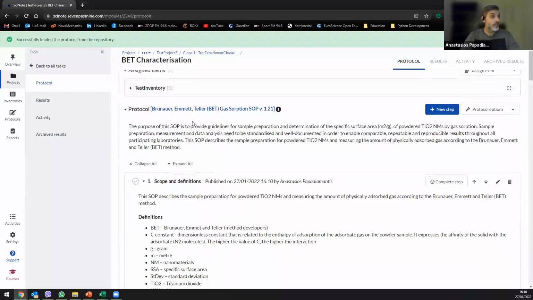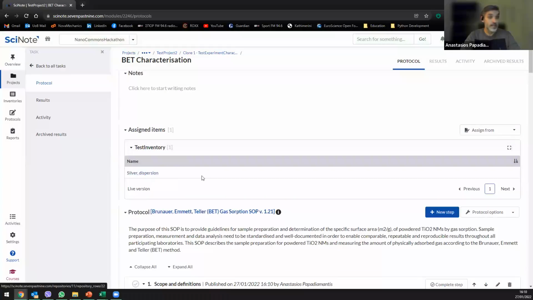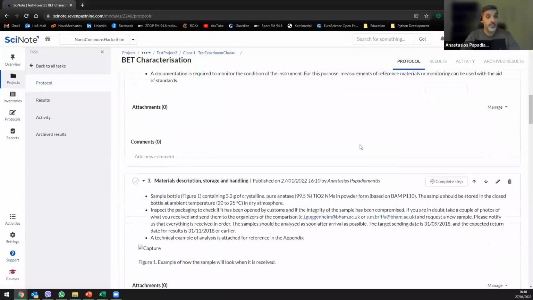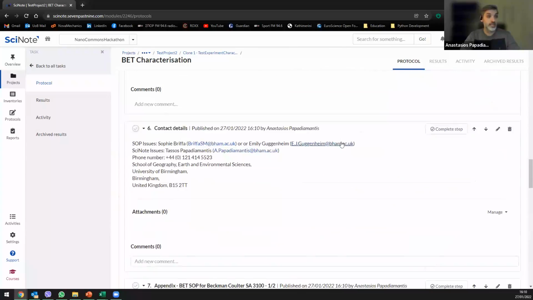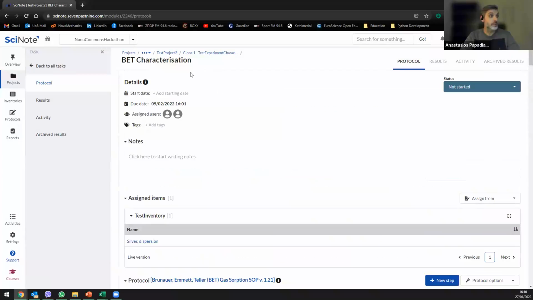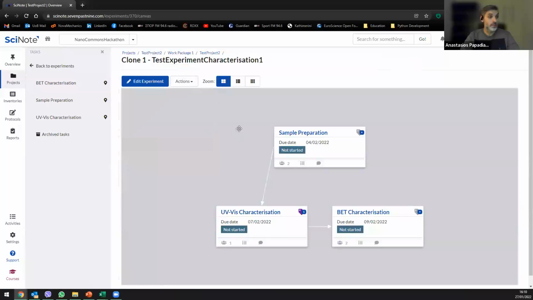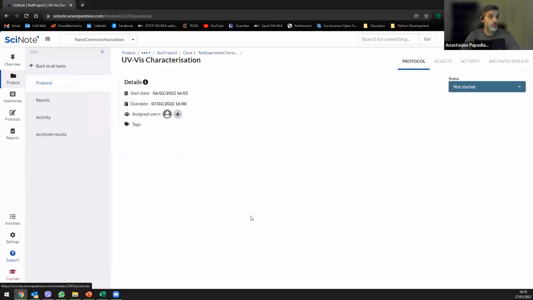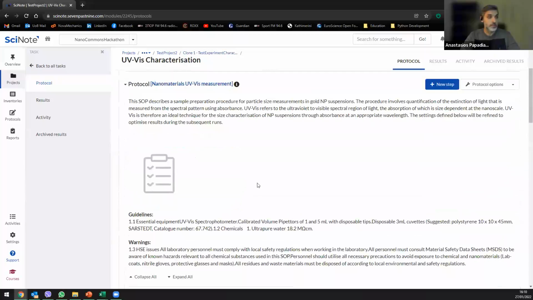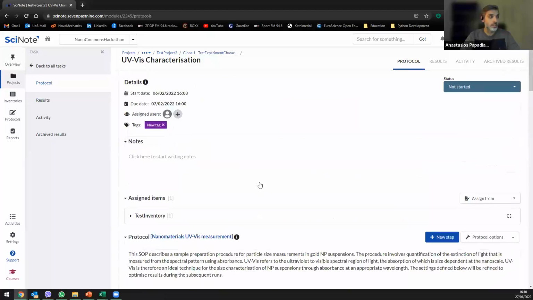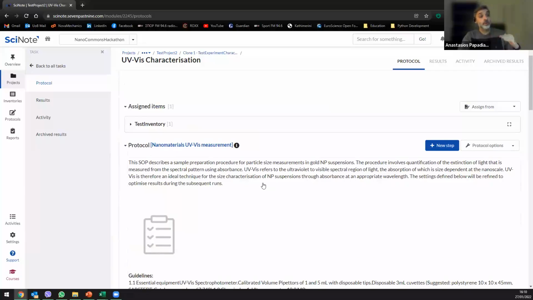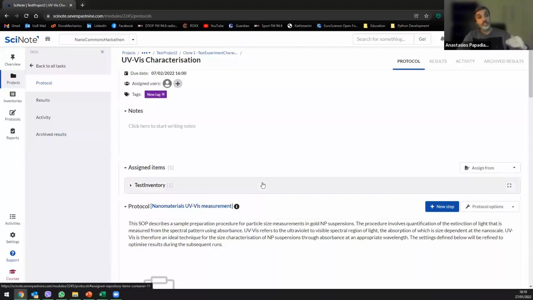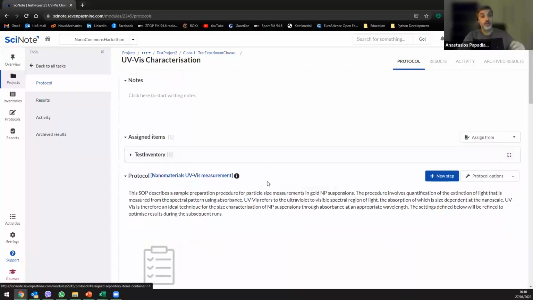And now you have again the assigned nanomaterial, and for this specific task we have a new protocol that you can assign to. And now, when you load the protocol inside a specific workflow,